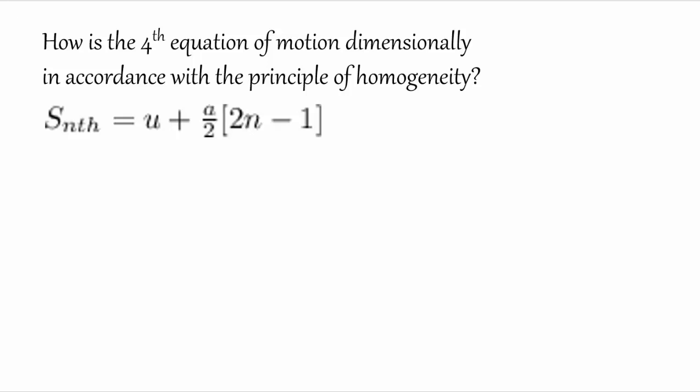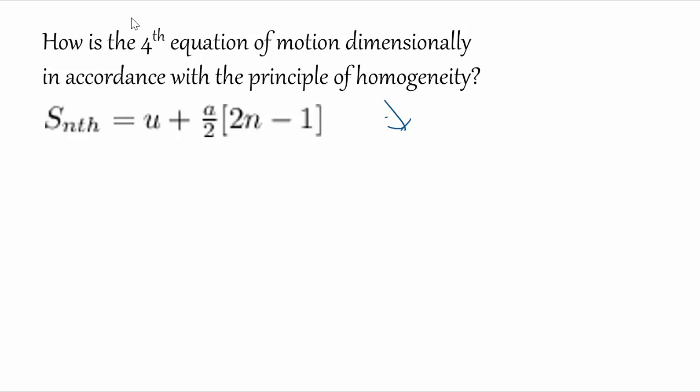Hi, so a few days ago I had this question in my mind, which is basically I was wondering how the fourth equation of motion is dimensionally in accordance with the principle of homogeneity. The principle of homogeneity basically states that two quantities can only be added or subtracted